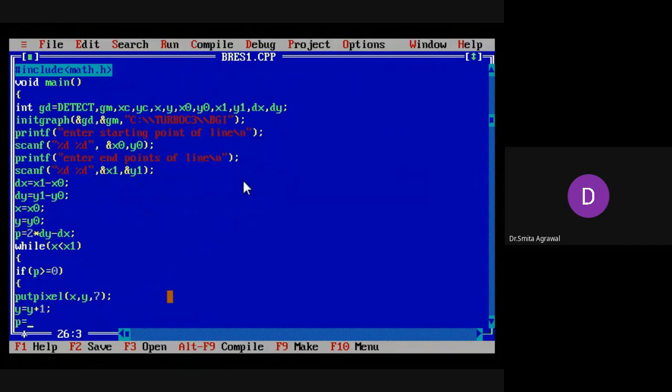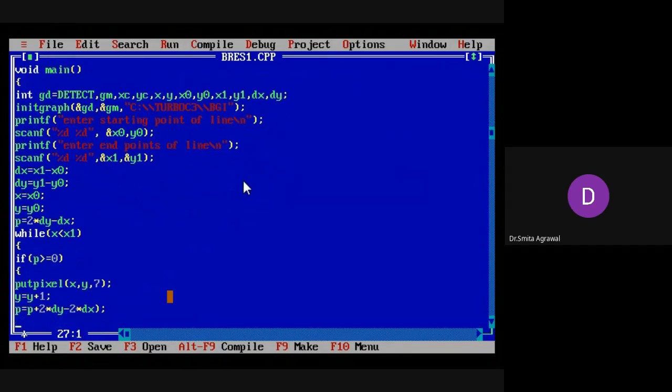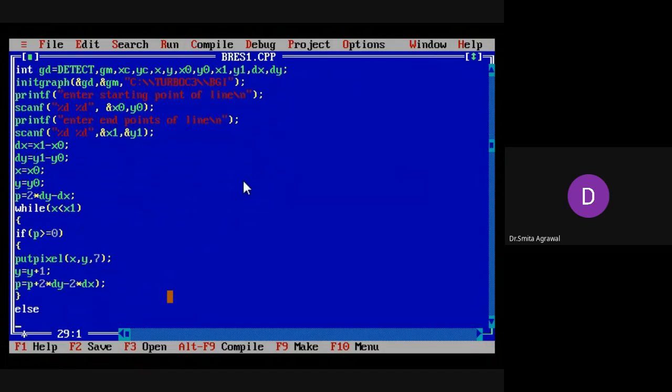And the next value of the decision parameter will be equal to p plus twice of dy minus twice of dx, as per the algorithm. As we already discussed this algorithm,